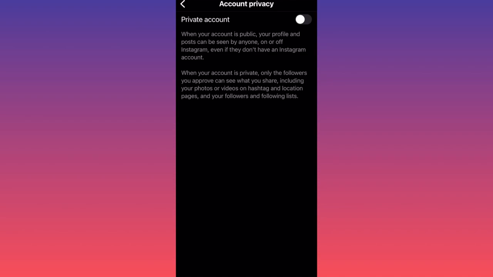This is similar to the one that you have on Facebook, where you can post and the post will be visible for your friends, and you can choose some of your friends to not see the post. What else? Well, according to Instagram, when you make your account public, your posts can be seen by anyone, even if they don't have an Instagram account, okay? When your account is private, only the followers who you approve, like I mentioned, will be able to see your